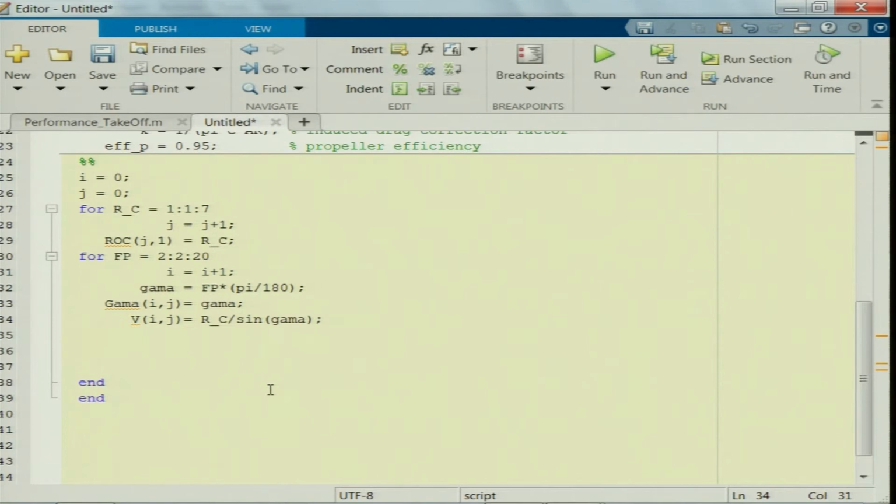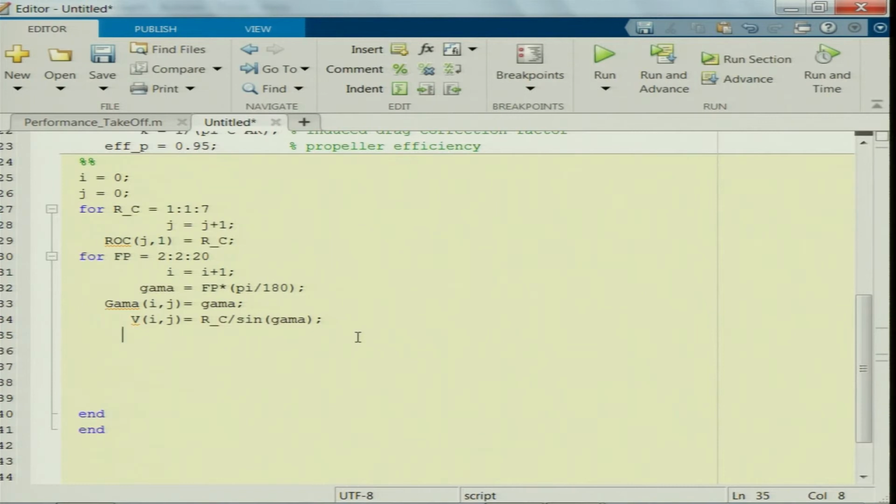Gamma is already in radian. Rate of climb is constant for this inner loop, but gamma is continuously changing inside the loop. When it comes to the outer loop, r by c changes again. Once the inner loop starts, it will remain constant for that particular loop, whereas gamma will be the variable of this loop here.